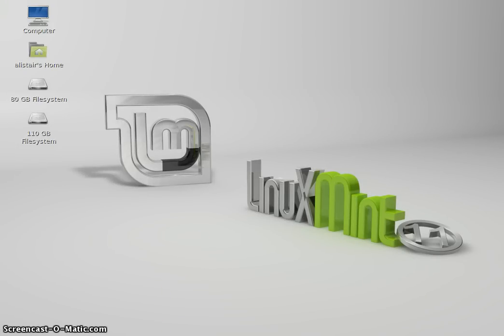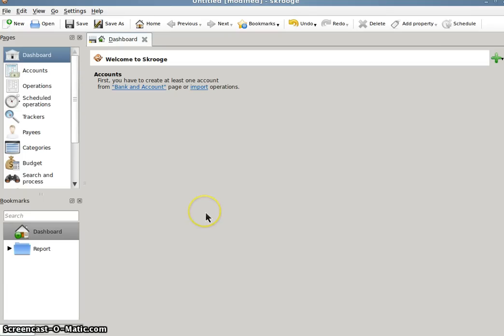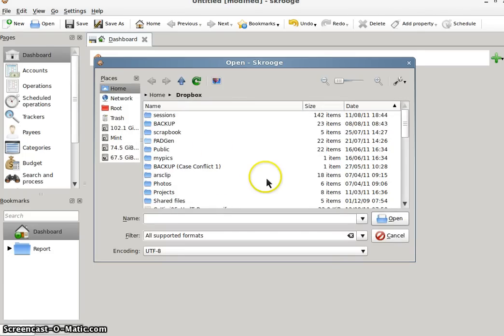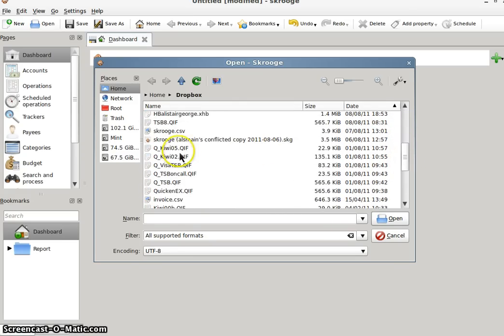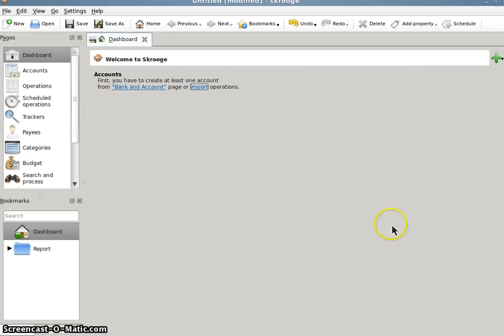Now my preferred program, and you'll soon see why, is Skrooge. There are 2 or 3 weaknesses in it, but overall it's a lovely program to use, and the importing on it is the best of the lot. It just doesn't hiccup, doesn't do anything silly. I'll just go down there, let's go to that one again, open it up,